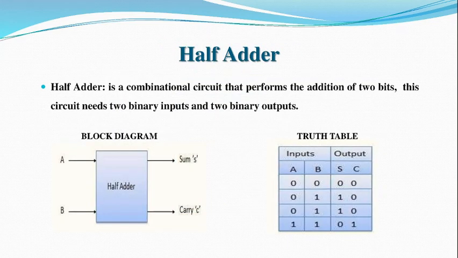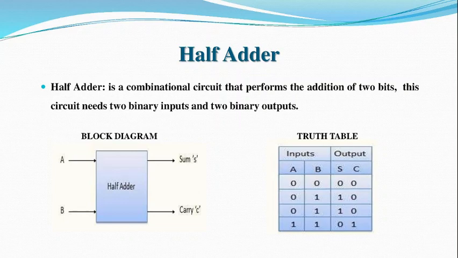Let us study about the half adder. This is one of the combinational circuits. This is useful when one wants to add one bit of numbers. The logic circuit has two inputs and two outputs. The circuit is designed to add two single bit binary numbers A and B. This circuit has two outputs, carry and sum.